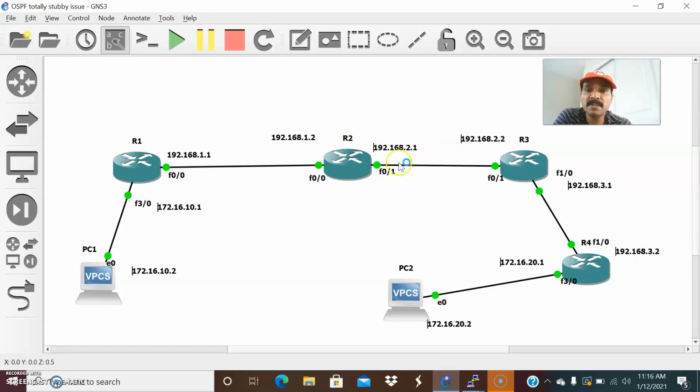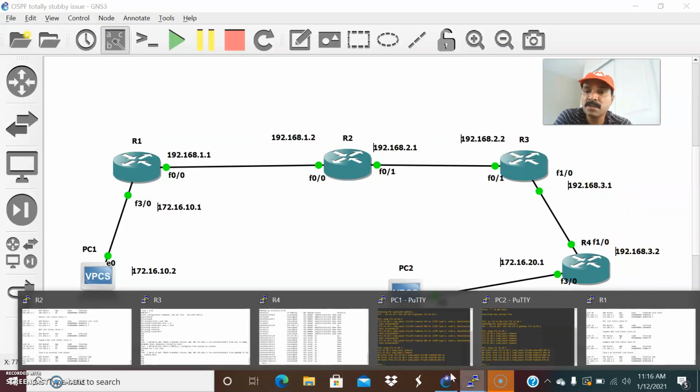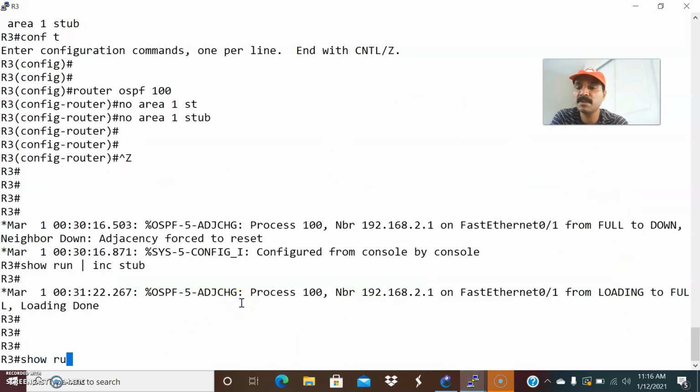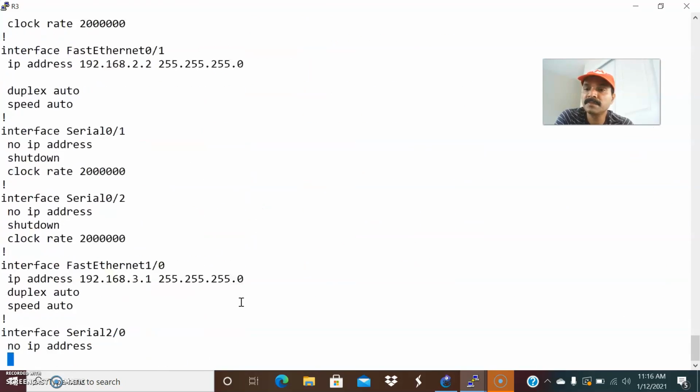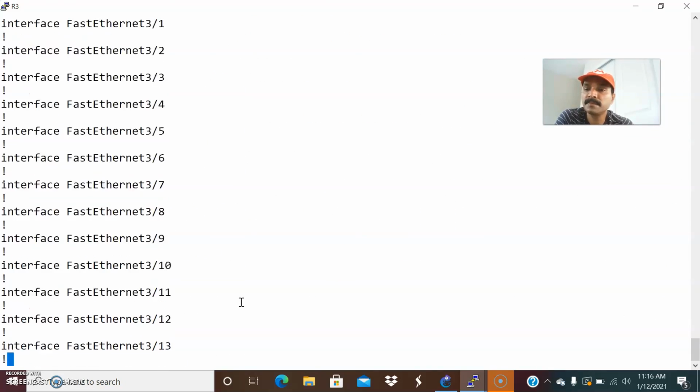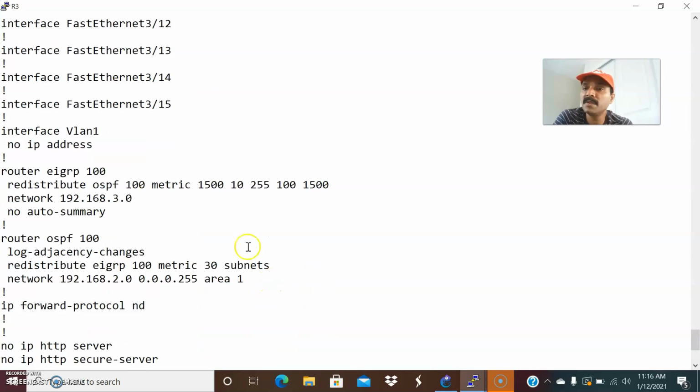And now I'm going to show the things I have configured in R3. R3 is a border router, as I told. This is doing the redistribution from EIGRP into the OSPF domain, right? So let us go to R3 and I want to show the configuration I have done. So R3, this is the thing I configured. Router OSPF 100 is a basic redistribution. Redistribute EIGRP 100.